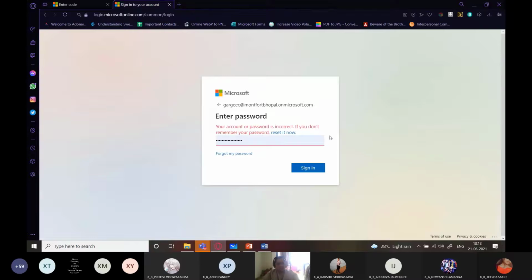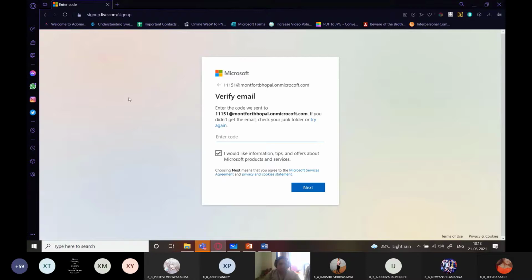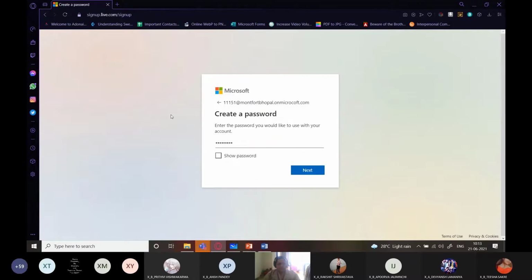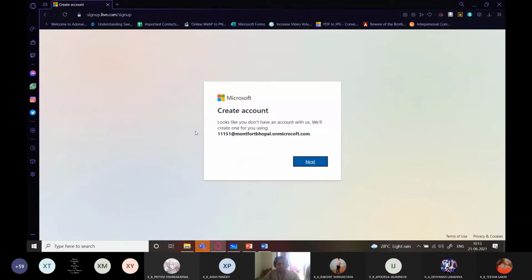Okay, there's some problem with my password also because I already told I forgot my password, and actually it is not accepting student accounts. There is some issue with that. Okay, so I'll look into it and I'll tell you. What you can do is you can also create any other email, like I'm going to follow that now.